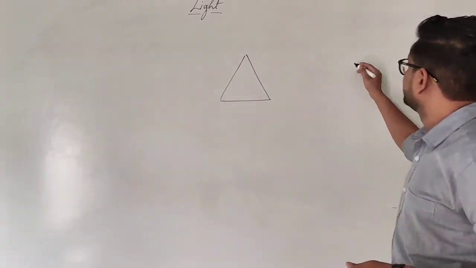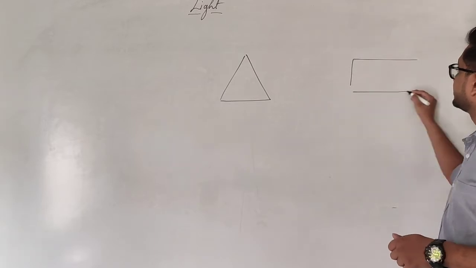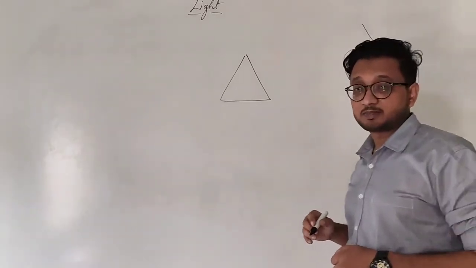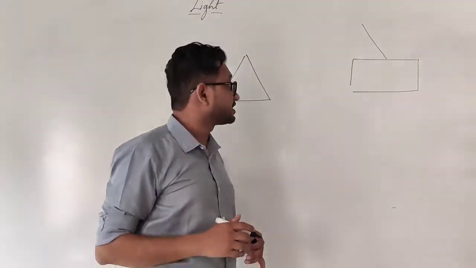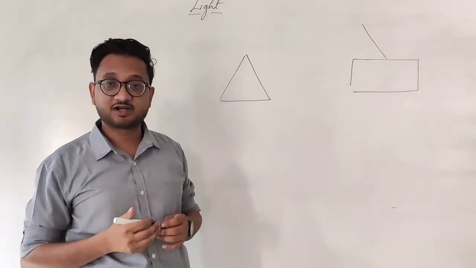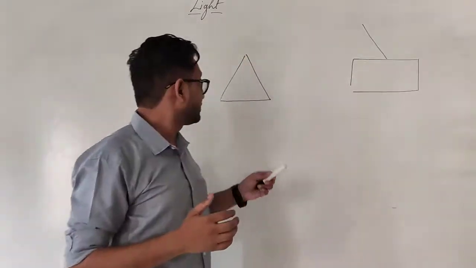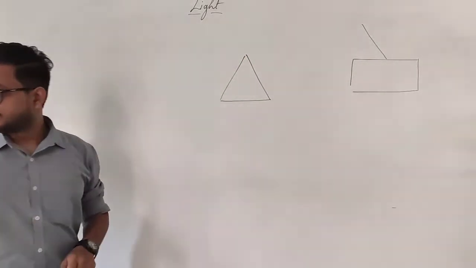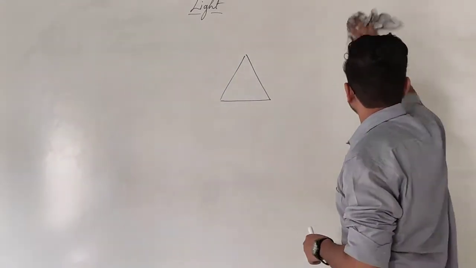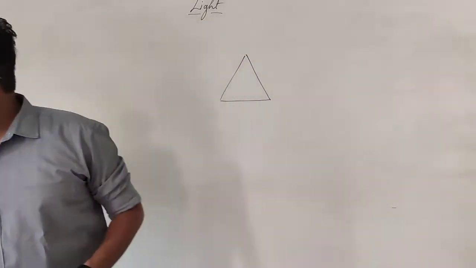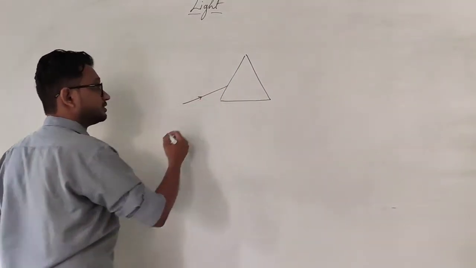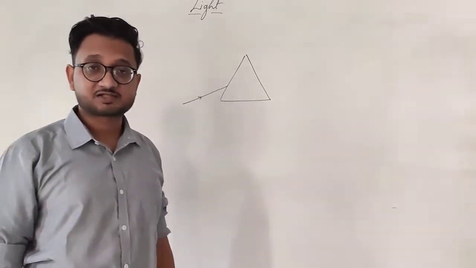First of all, we studied the refraction of light when the ray of light entered a glass slab. In the previous chapter we studied how the rays of light reacted when they entered a glass slab. But over here we have a glass prism, and this is a different case. So let's say that the ray of light entered from this direction, okay?